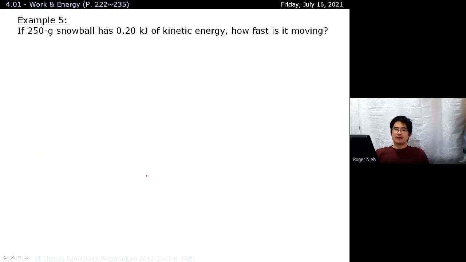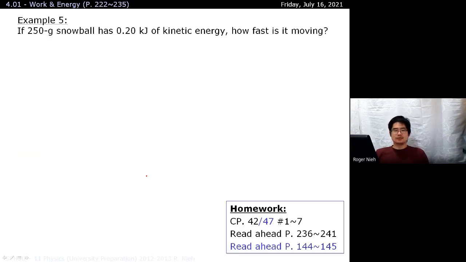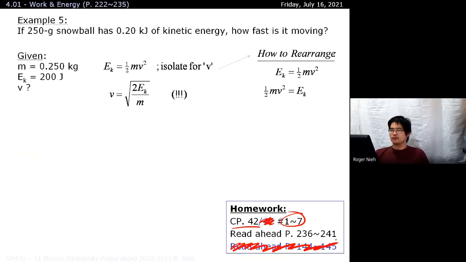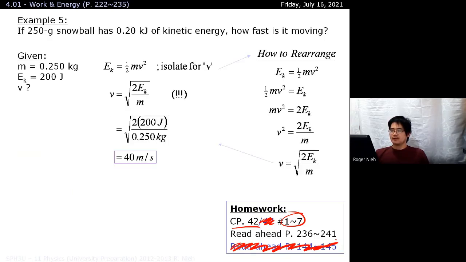Okay. So example 5, I'll just leave this for you guys just as practice on your own, and I'll just pop up the answer key afterwards. All right. And this is just an exercise of, first off, using the correct units, and number 2, knowing how to properly rearrange your equation. For homework tonight, guys, course pack page 42, questions 1 through 7. Okay. I'll pop up this part over here just so it's in the video recording, and I'll just leave that for your own personal study on how to rearrange the equation. Okay. Aside from that, I just want to stop the video,